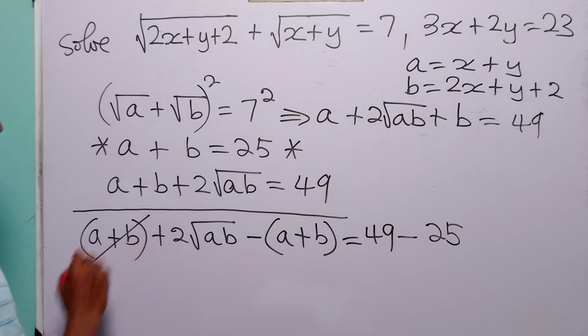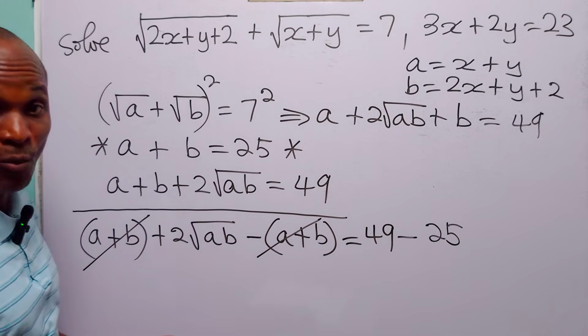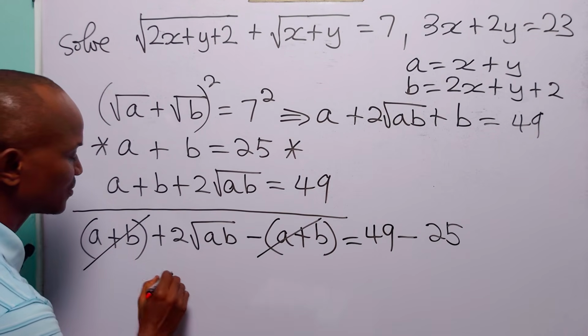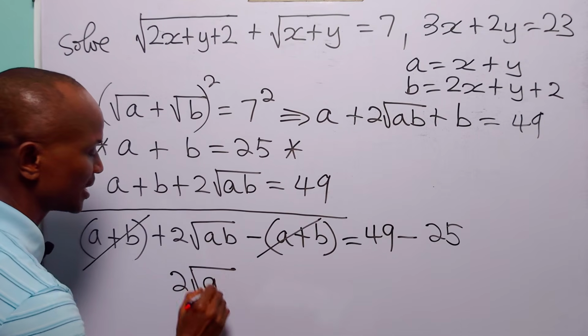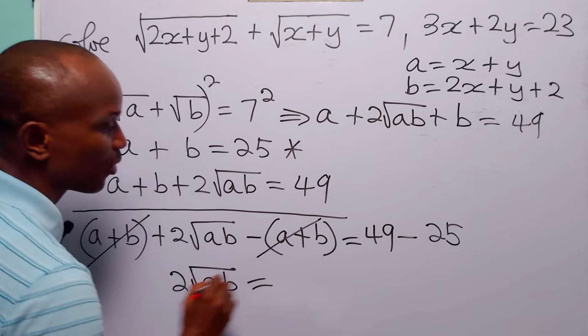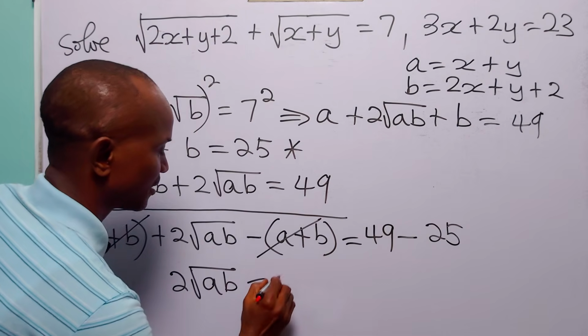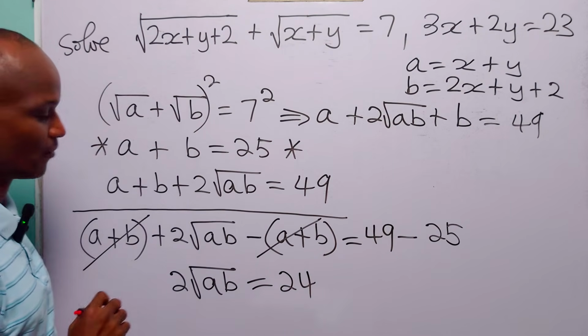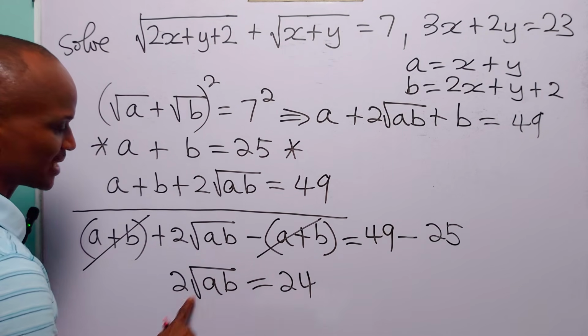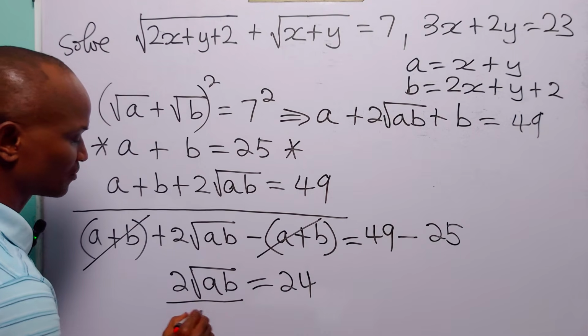Now, of course, you know that this minus that is equal to 0, leaving us with 2 root ab is equal to 49 minus 25, which is 24. Now, when we divide both sides of this equation by 2,